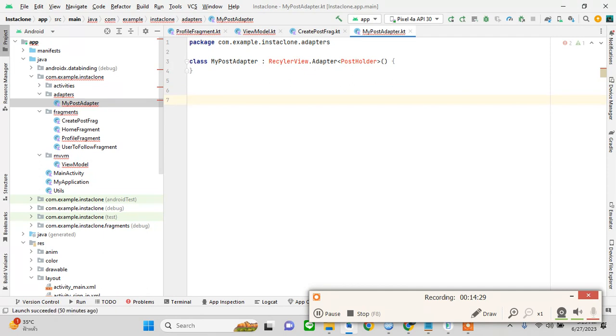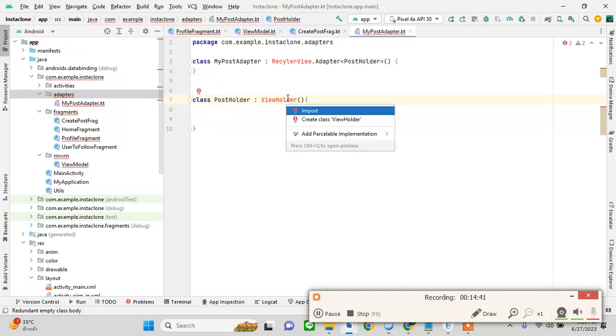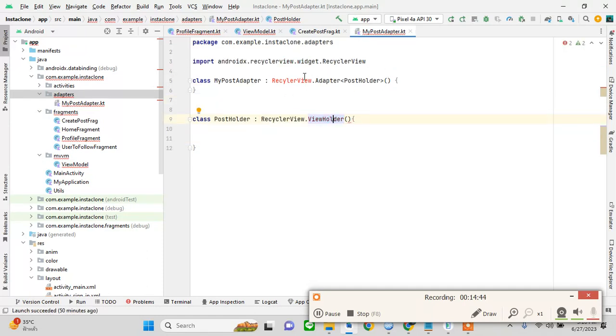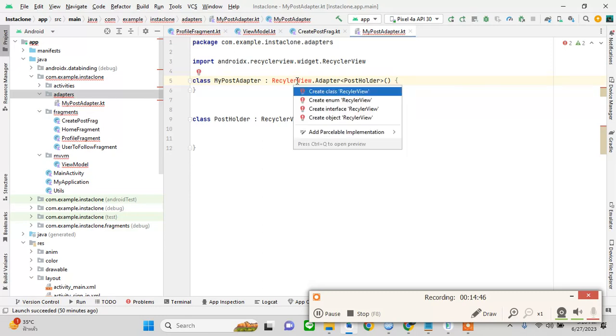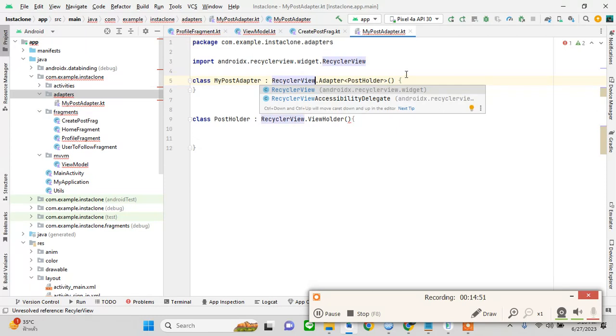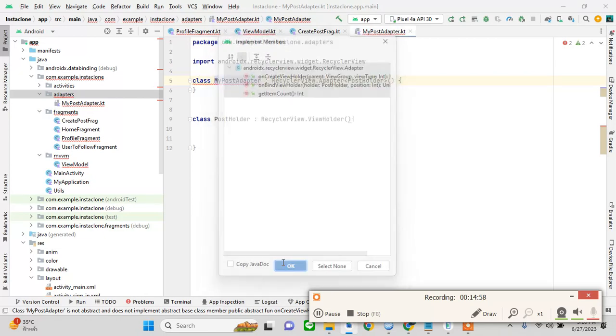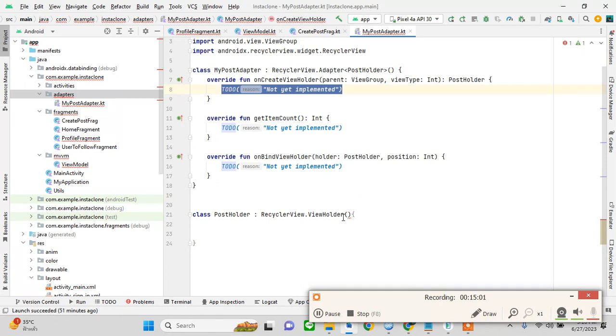And I can say post holder extends view holder. Okay, and